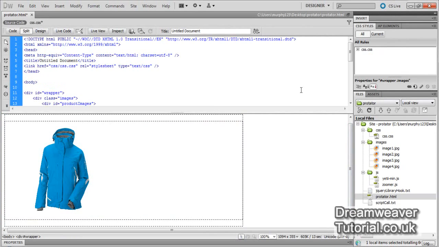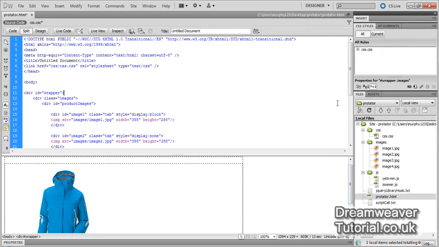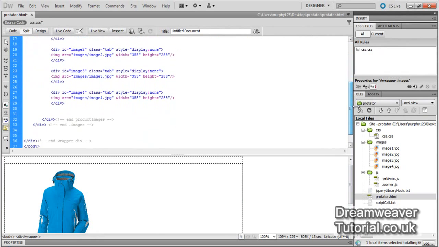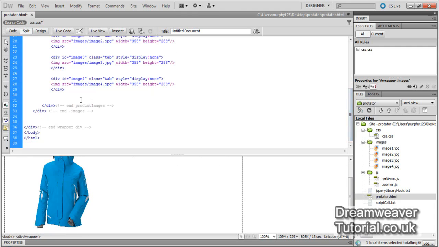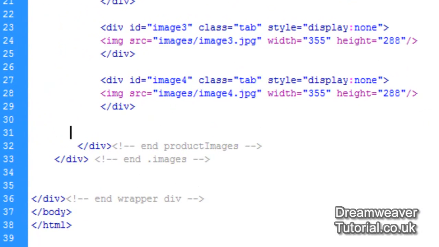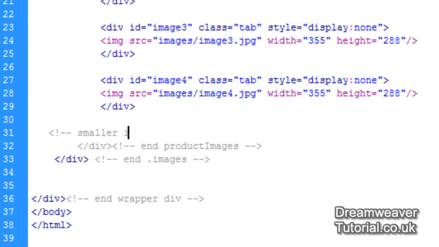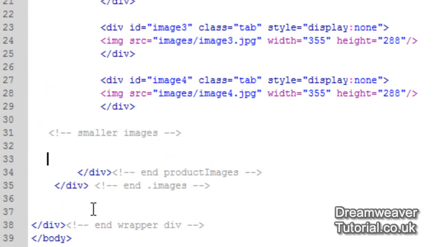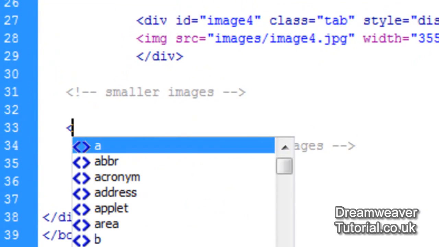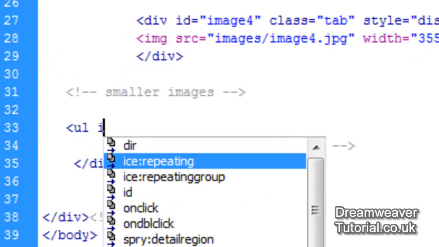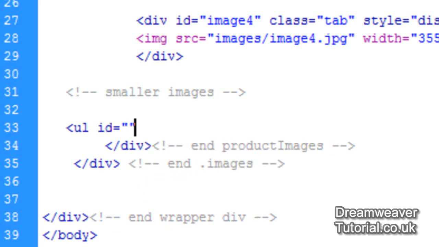Now I'm going to go back into the source code, and I want to start creating the elements or the code necessary to create the smaller images that are going to appear inside of our product rotator. So I'm going to make a small comment, and I'm going to put smaller images, and that's so you know that the smaller images are going to go just underneath that comment there. And we're going to create an unordered list. So I'm going to create an unordered list with an ID, and I'm going to call that product images -nav